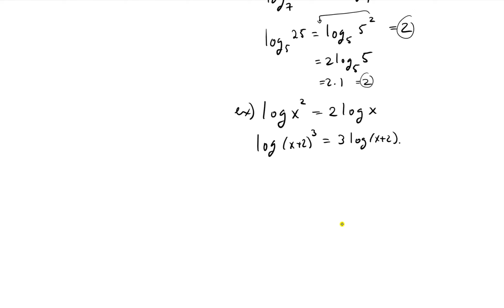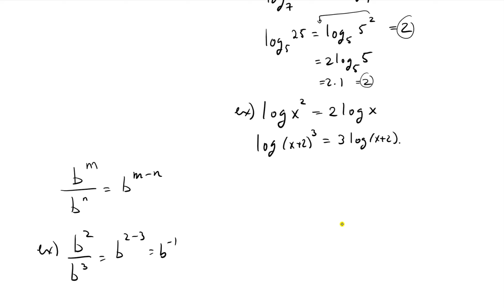So for exponents, we've got b to the n over b to the m. This is b to the, actually I'm going to write m first, m and n. This is b to the m minus n. Remember, we can subtract exponents. For example, if you've got b squared over b cubed, this is b to the 2 minus 3. I can do that, or b to the minus 1, or if you prefer 1 over b. So there's a related property for